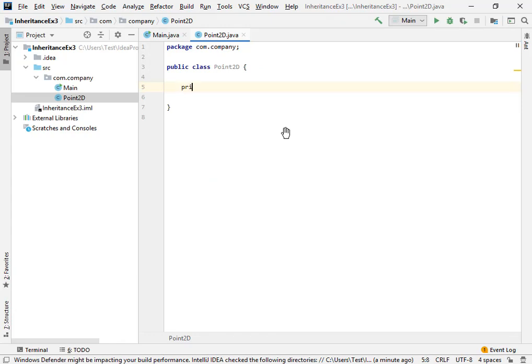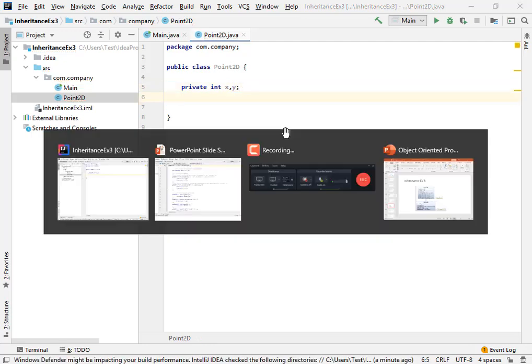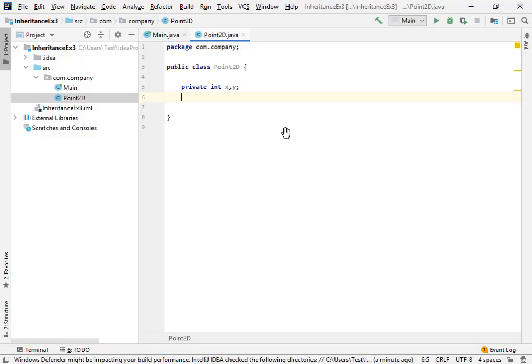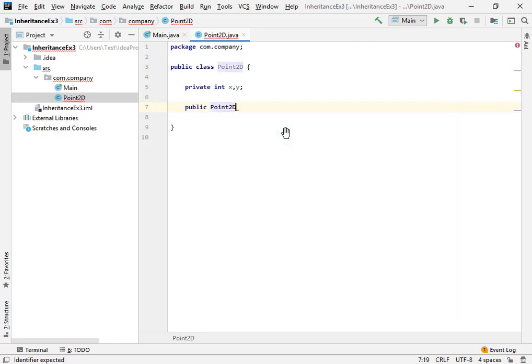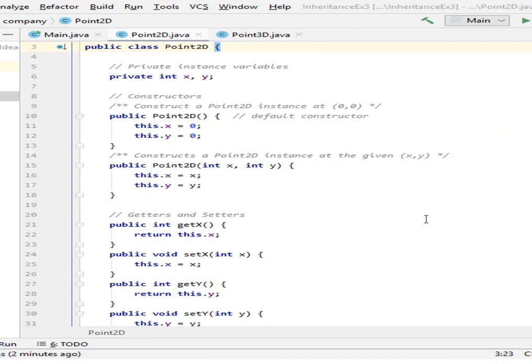So we're gonna make these private integers x and y for the 2 dimensions of a point. And then we're gonna make a constructor. In this example, we're gonna make two constructors. One will be a default constructor that contains no parameters. What this constructor will do is initialize both of these fields to the default value, that is 0. So we are assigning this x field equal to 0, this y field equal to 0.